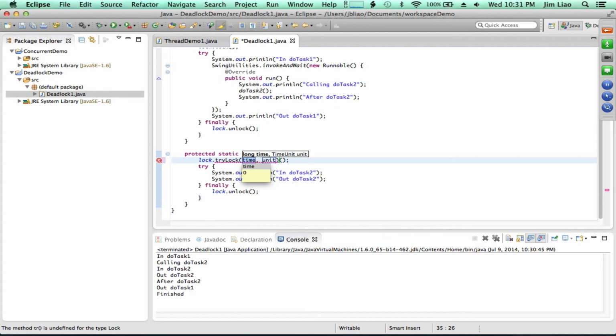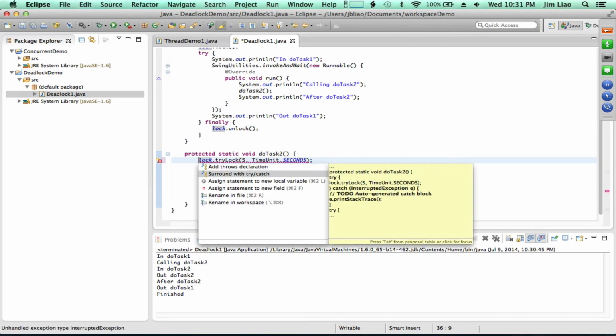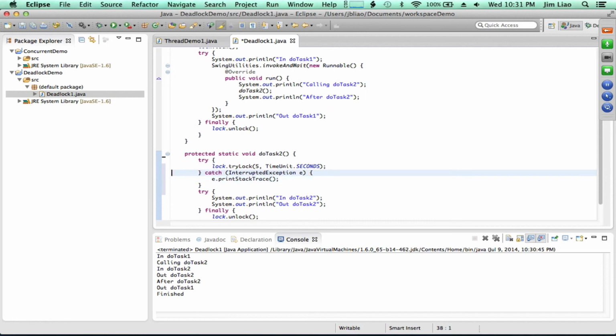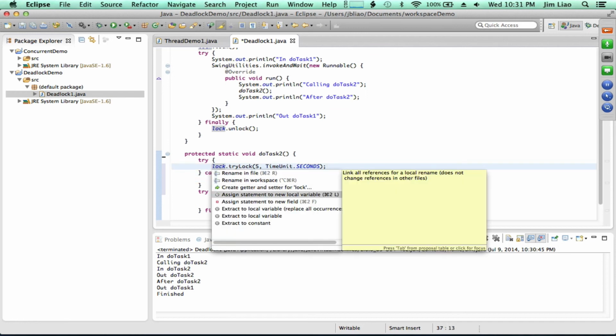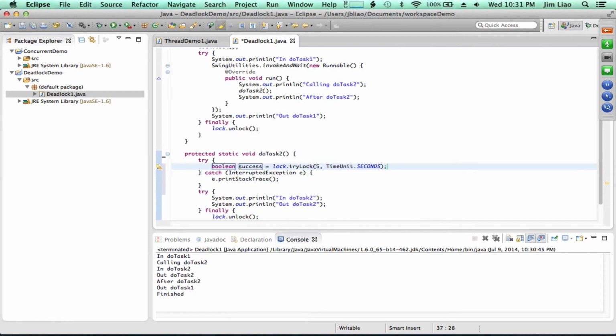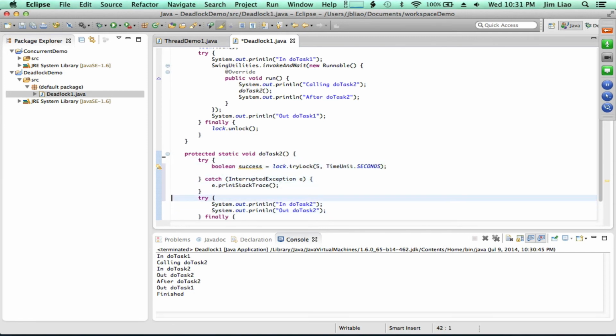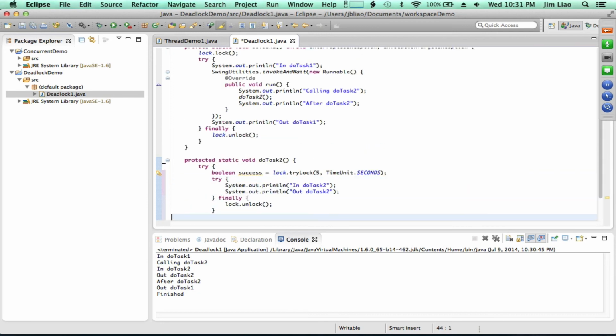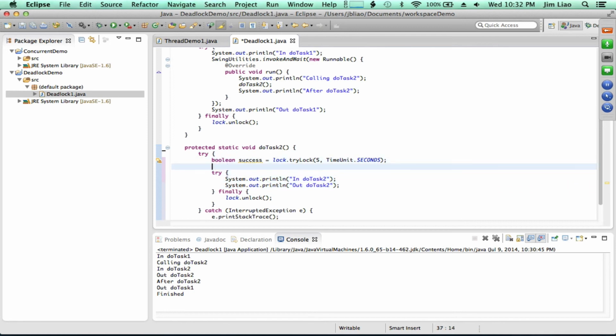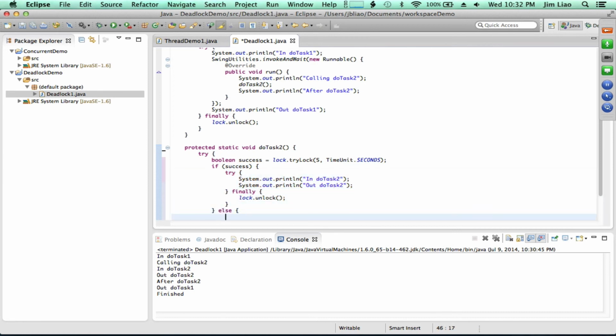So if I say I'm going to try to get this lock in 5 seconds, I would have to do this: if success, else I can print out something that says